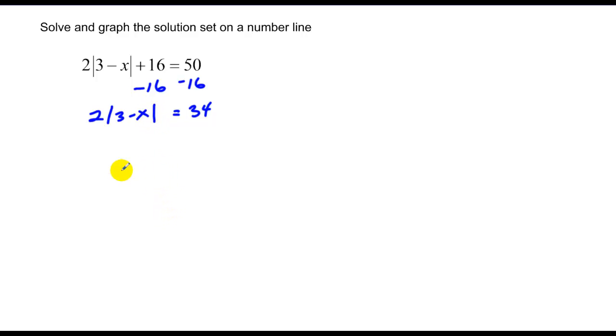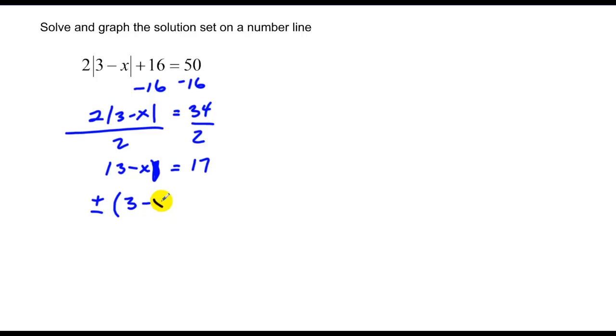Divide both sides by 2. 17 is equal to the absolute value of 3 minus x. I want to pull this out of the absolute value, so I write plus or minus the quantity 3 minus x